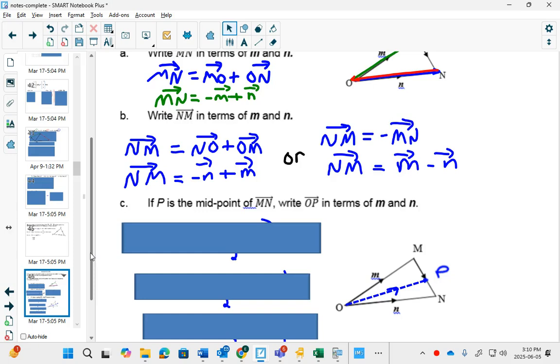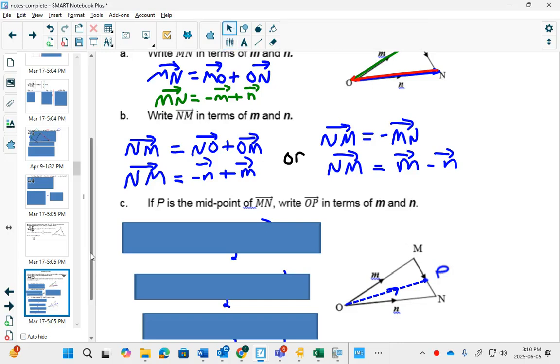Now, you're at the origin. Your robot only travels in direction M and direction N, and you want it to start at O and get to P. How would you do that? Okay. Well, if P is the midpoint,